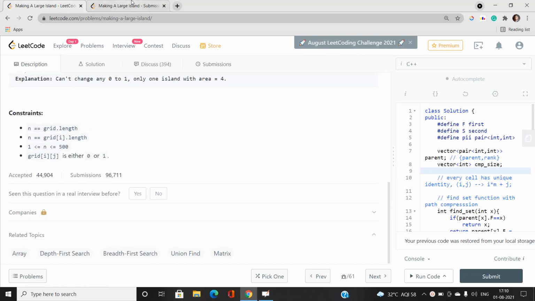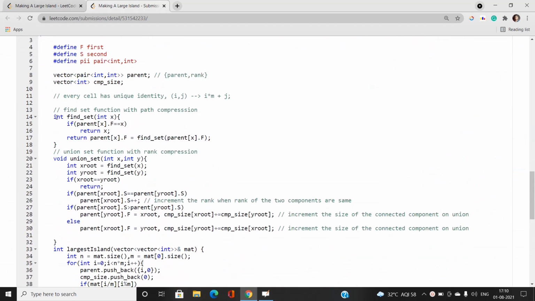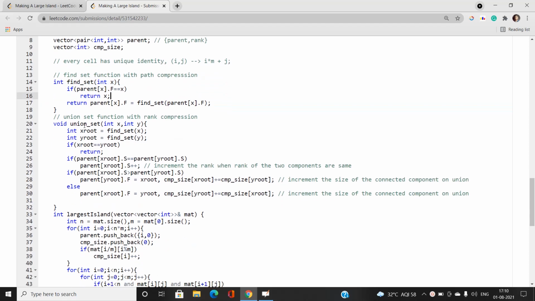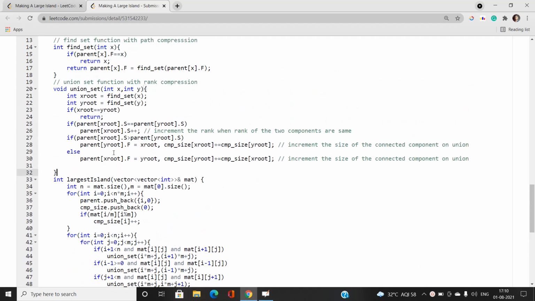Okay, so this is actually the find set function of the DSU data structure. You can see that I have path compression also to optimize my code, so that we can have a good runtime. And we also have the union set function. In the union set function, we are going to modify one thing: if we are trying to find out whether x and y lie in the same connected component, and if yes, we are not going to unite these two connected components. Otherwise, we perform the union operation, and the union is based on the rank of the particular connected component.